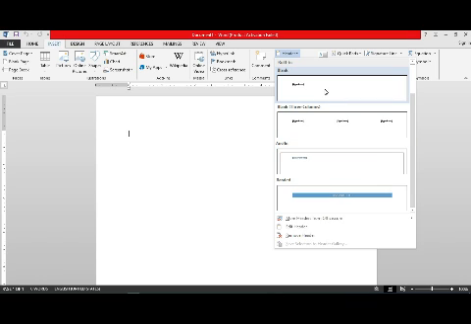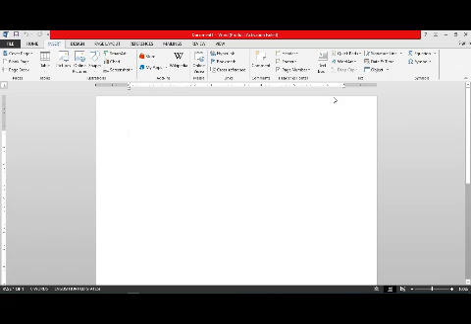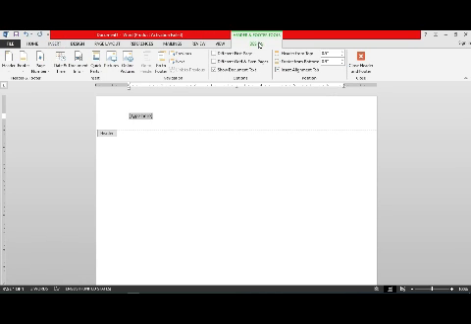Click the blank header style or scroll down to choose any other style. You will now see the Design tab under Header and Footer tools. This tab appears only when your cursor is in the header or footer area. The cursor will be placed in the header area of the document. Type the header text.